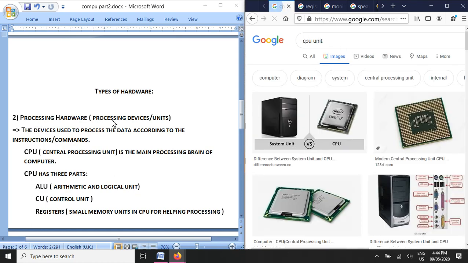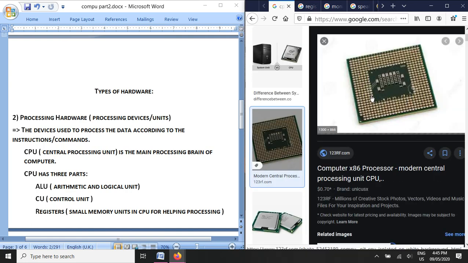Processing hardware, just like we have a brain, our nose gets the sensation of smell and it is processed in the brain. What kind of smell is it? We have a body, and in our body there are different sense organs, and after that we have a brain in our body on the head, and that processes everything. Just like that, the computer also has a working brain, and that electronic brain we call the processing device or processing hardware. We call it the CPU, central processing unit. It looks like this. On the right side you can see the picture.